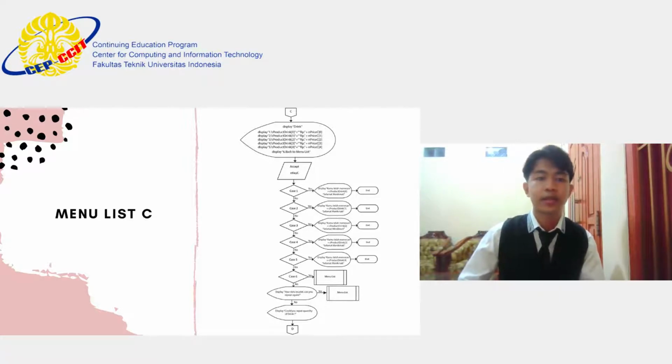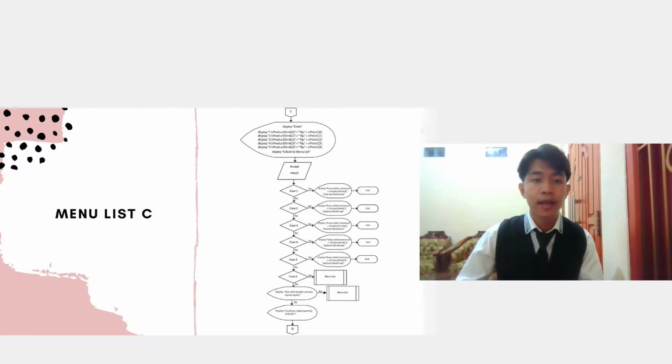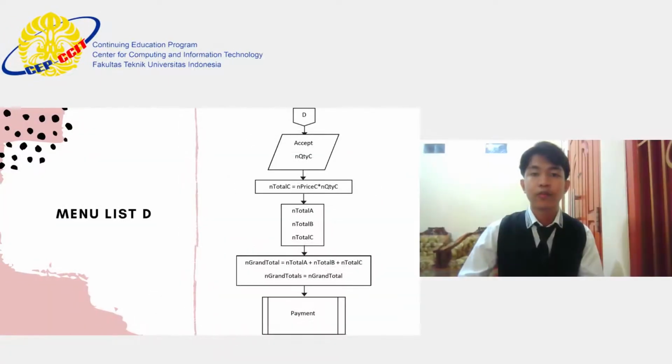Okay, this the hold your input quantity. This how much you're buying in the quantity ring, and then you must accept the QTC the quantity, and then you go to the process and total C and price C multiplied and QTC, and then if you can if